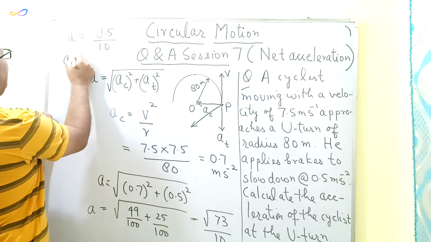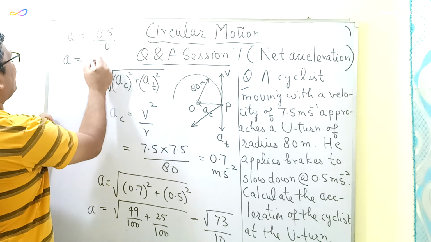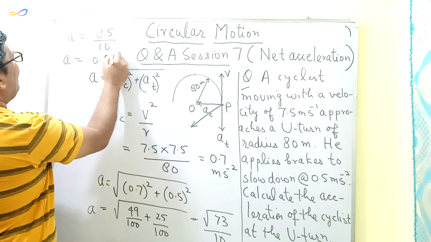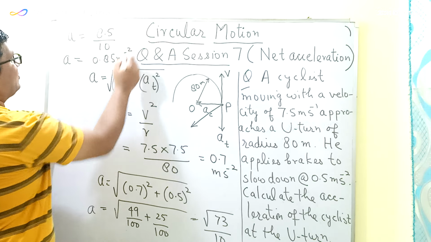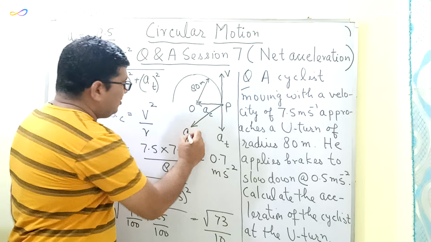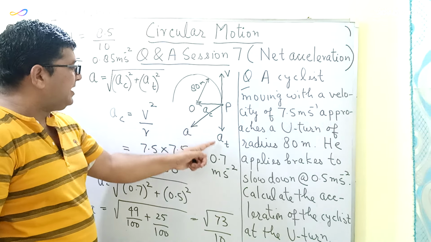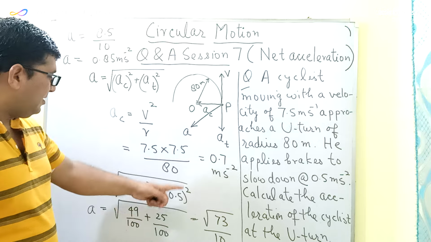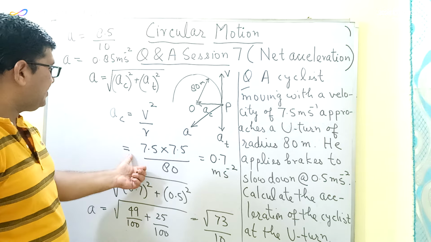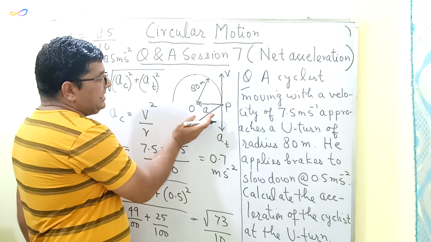So the resultant acceleration comes out to be approximately 0.85 meter per second square. The direction of this resultant acceleration will be between the direction of AC and AT, and since the value of the centripetal acceleration is more, it will be slightly